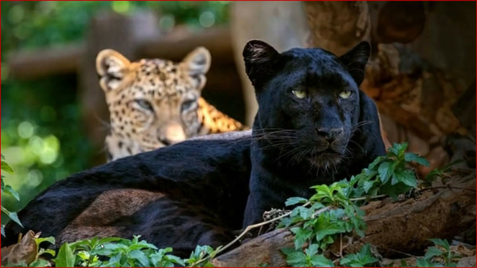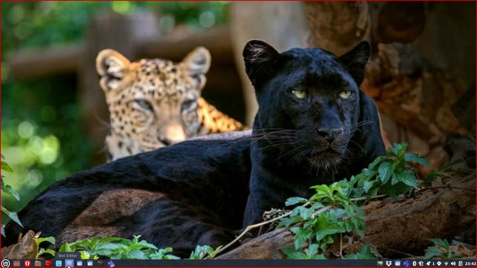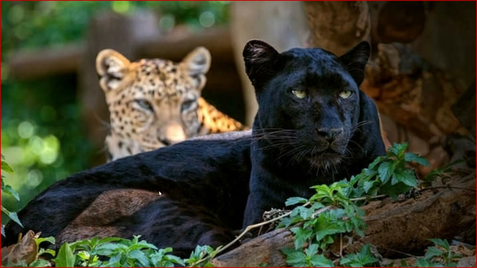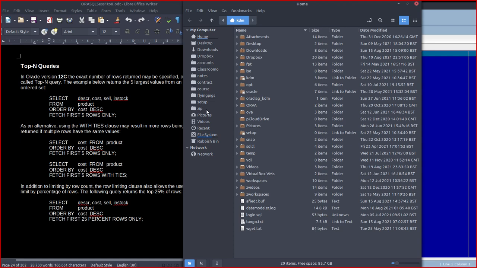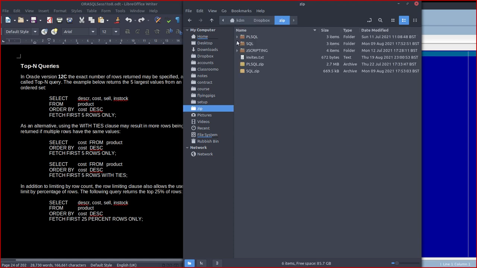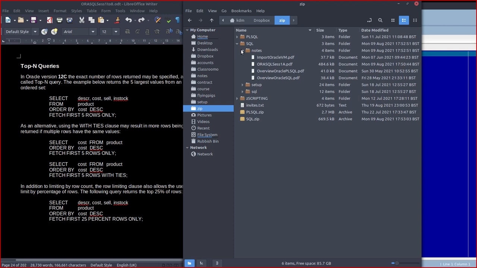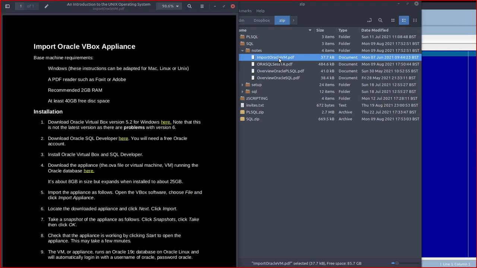Let's shrink that. Now if you haven't done this, and you want to, if you look at the file in the zip file, the zip file has got in it a notes folder, and in the notes folder is this thing, and that tells you how to import a VirtualBox appliance, which is a fully fledged Linux, Oracle Linux I think it is, running an Oracle 19C database, which is the latest